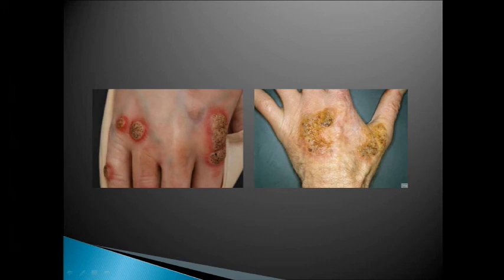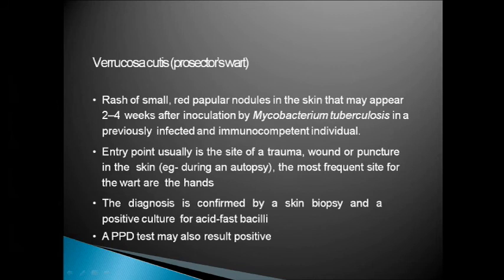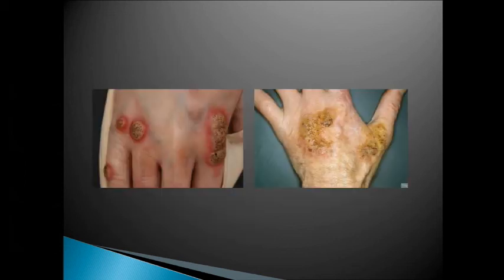Okay. Now TBVC is also known as prosector's wart or anatomist's wart. Prosector means the person who is doing post-mortem. So suppose somebody is having pulmonary tuberculosis, post-mortem has been done, the hand is infected or exposed to the TB bacilli, then if there is some cut or some micro abrasion, it will go into the hand and form a warty lesion. Okay, so TBVC. Now diagnosis again is skin biopsy and PPD test. Okay, mostly in cases the tuberculin test will be positive.